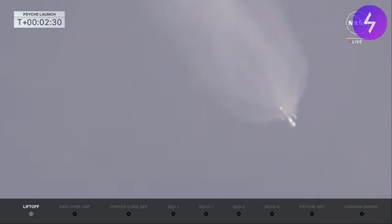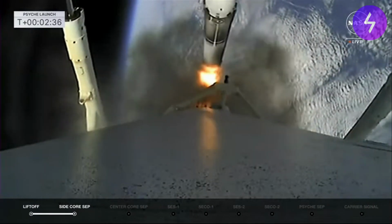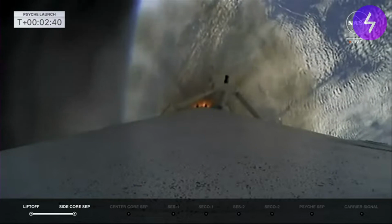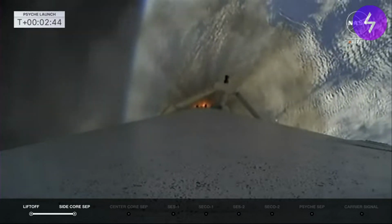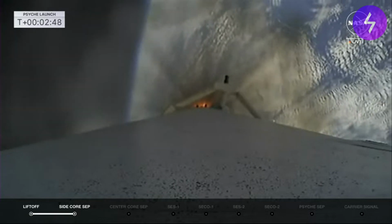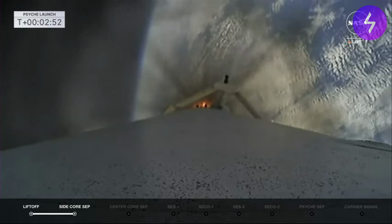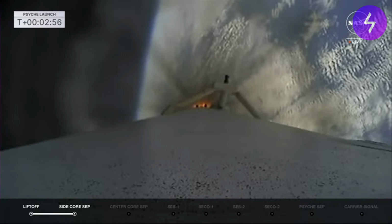Booster engine cutoff. Side booster separation confirmed. Great shot there of the side boosters coming off the rocket. MVAC engine chill has started. And there we start the chill on stage 2 as we get ready for MECO on the center core. Stage 2 will continue chilling down, making sure the fuel and propellants are flowing through that MVAC, getting ready for